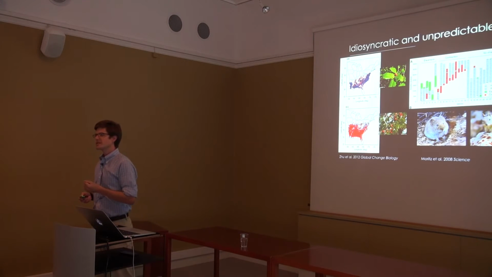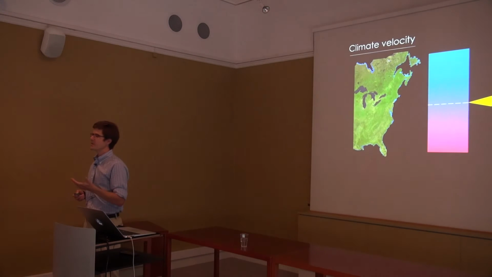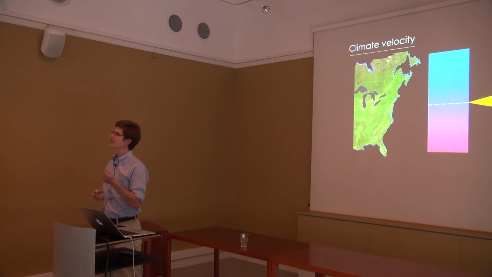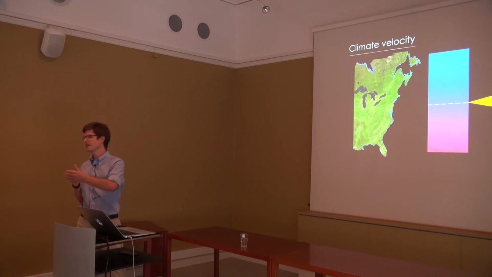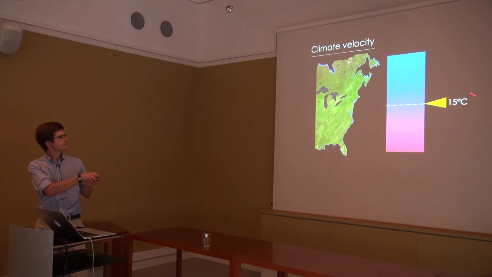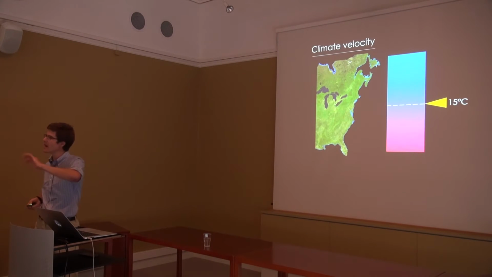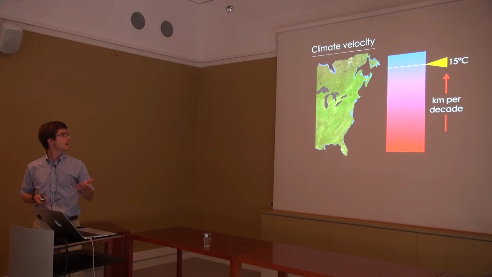On the other hand, there's also this interesting idea that has been proposed, called climate velocity, that I think can be very useful for understanding how fast species are shifting. And the idea is that you have a gradient in temperature. For example, it's warmer at the equator, cooler at the poles, and if you pick a particular temperature, say 50 degrees Celsius, you could draw that line on a map, that isotherm. As this gradient warms, that isotherm is going to move, and the direction and speed at which it moves is called climate velocity.